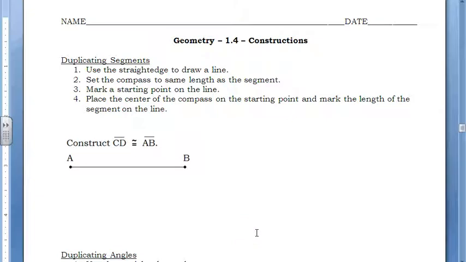This is Geometry Section 1.4. This section is going to be a little different from the last few. The last few had a lot of definitions, and this one's more practicing using geometry tools like the compass and